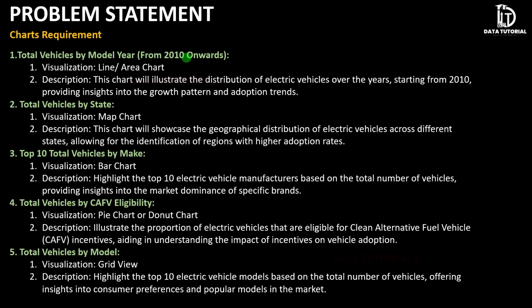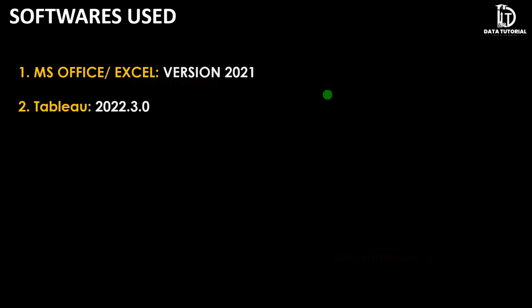Then total vehicles by model. Each particular company or make has different models which they launch for that particular car. So with respect to that, which is the best model of that particular make, that also we are going to see. All right. The software which we are going to use in this particular project, the first one is